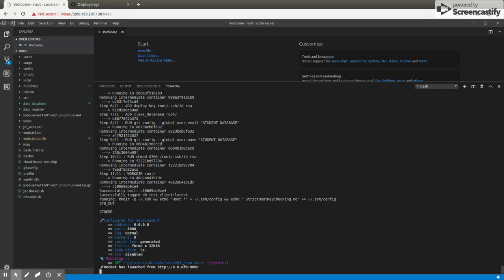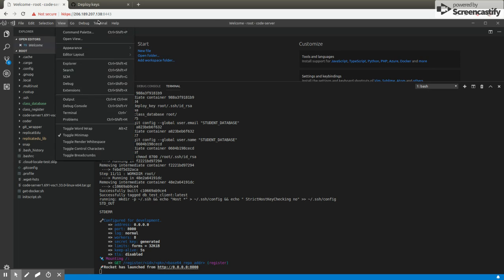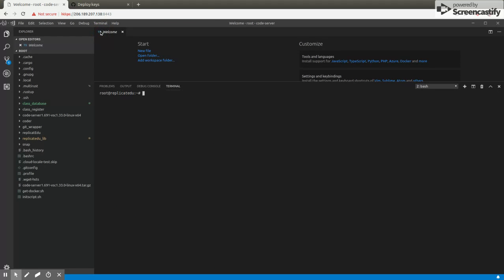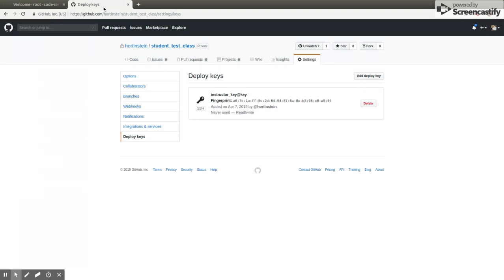Okay, so the database is now running. Eventually, this will all be transparent to the student. They'll automatically be registered upon course creation. But then let's go create a new terminal. Let's go back to the database just to make sure. There's currently a bug with the database right now where